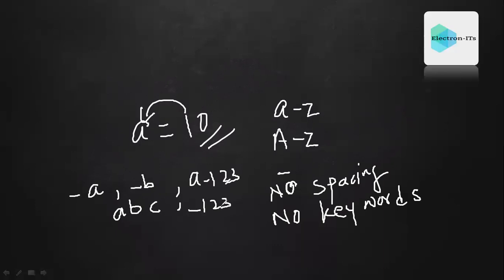So this is about the naming of the variable, and a variable is an object which is used to store information in the form of a numeric value or any other non-numeric type like text, strings, etc. Now we'll discuss text. It is nothing but a string of characters, any character or alphabet.